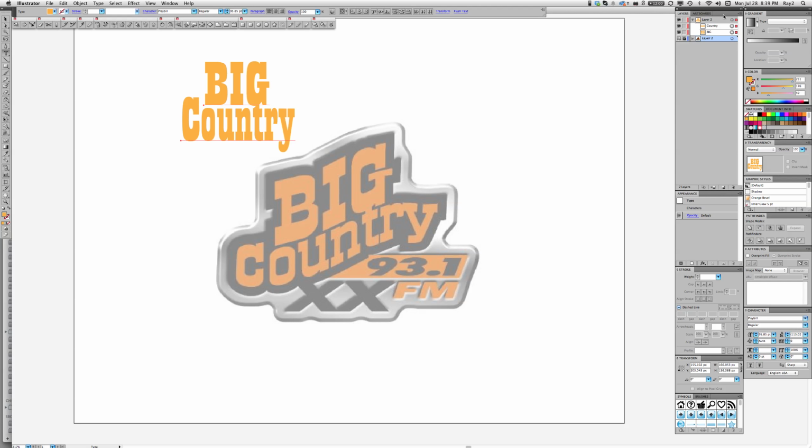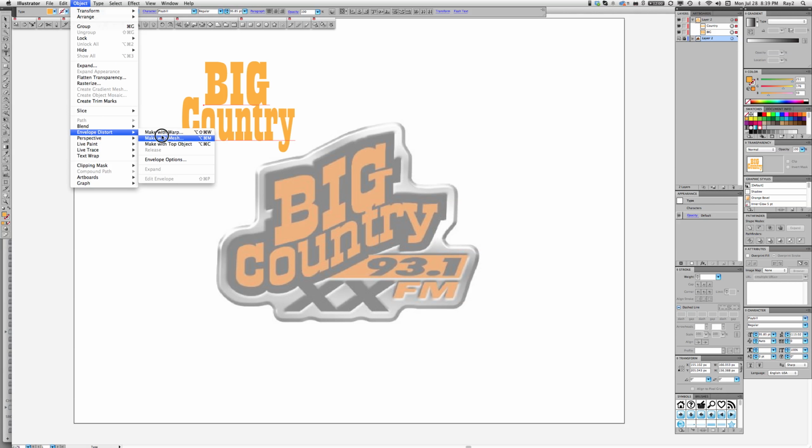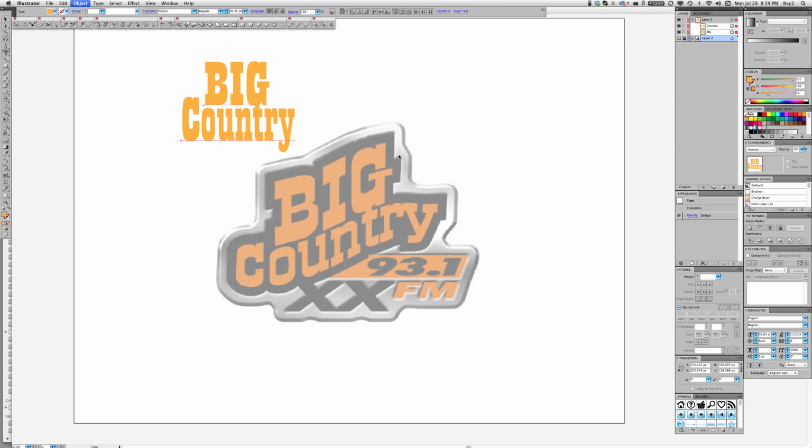Now, I created a second layer to work on and roughly created my text. Now, with that text selected, I'll go to Object, Envelope, Distort, Make with Mesh, and I'm going to choose one row and two columns. And I'll show you why in a minute. I can always change that if I choose to. You could also hit preview and it shows you how it's going to break that into